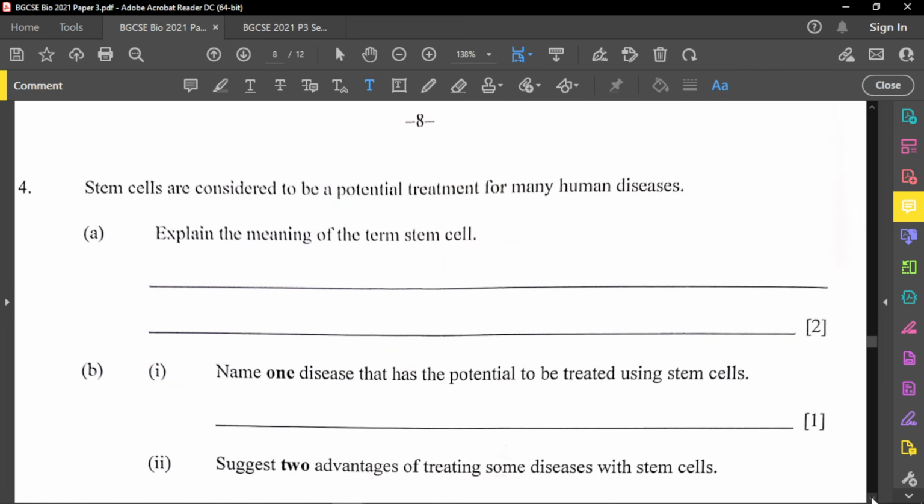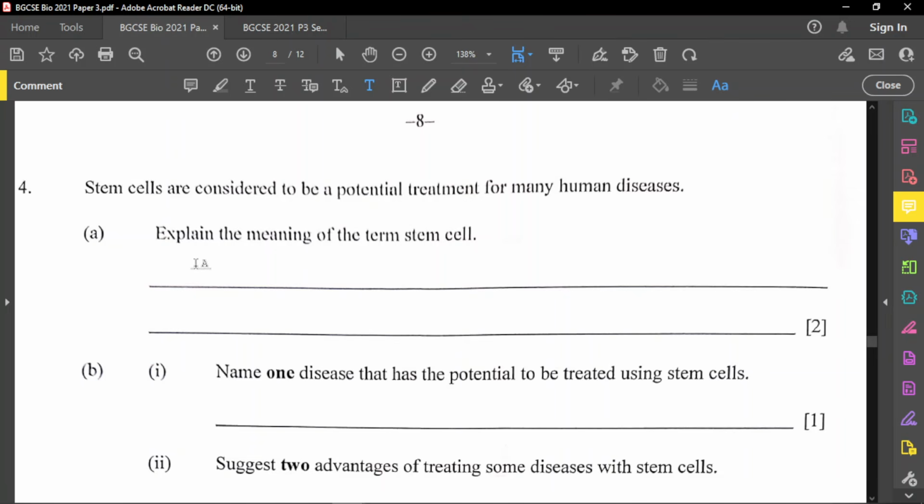All right, so let's go to question number 4 now. Question number 4 said that stem cells are considered to be a potential treatment for many human diseases. Explain the meaning of the term stem cell. Now, there are many ways to define this. I'm going to say it is a special cell,